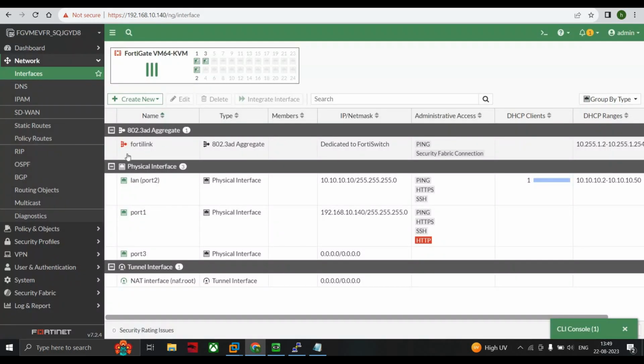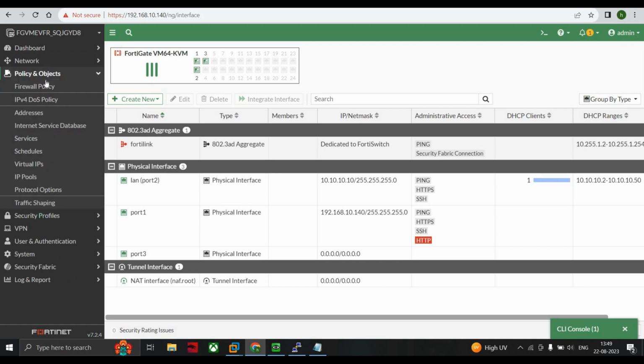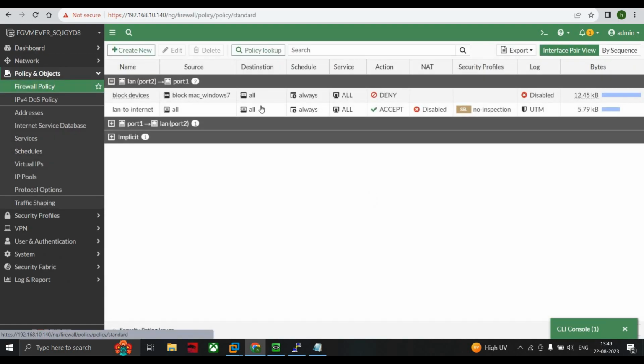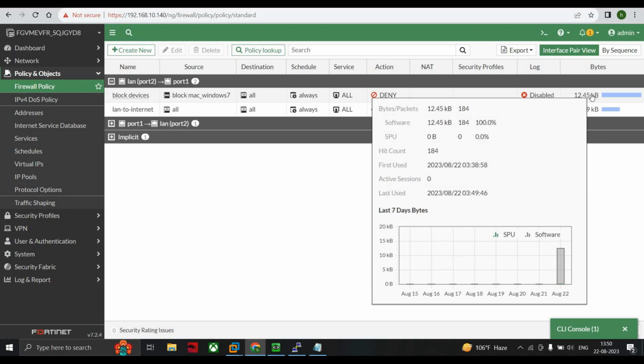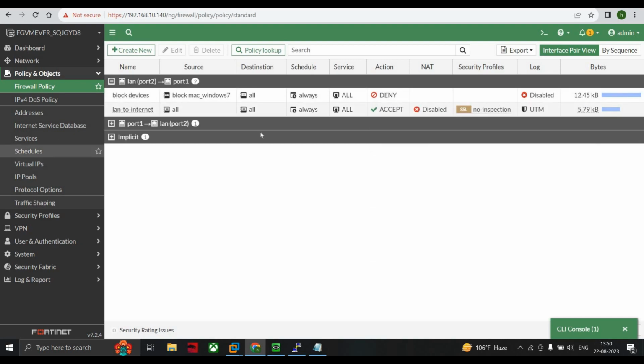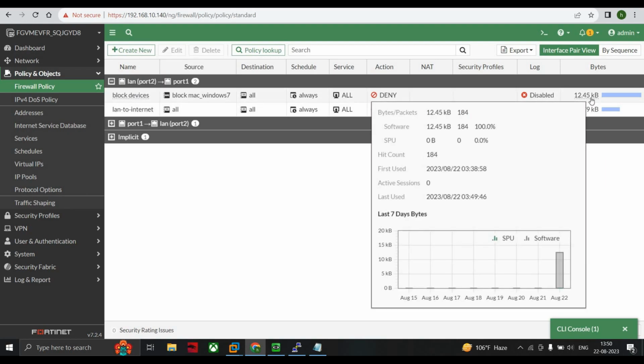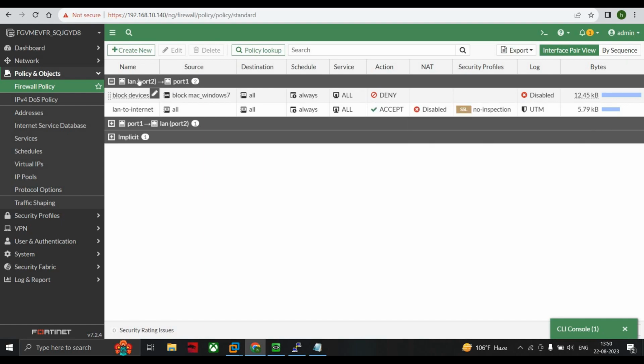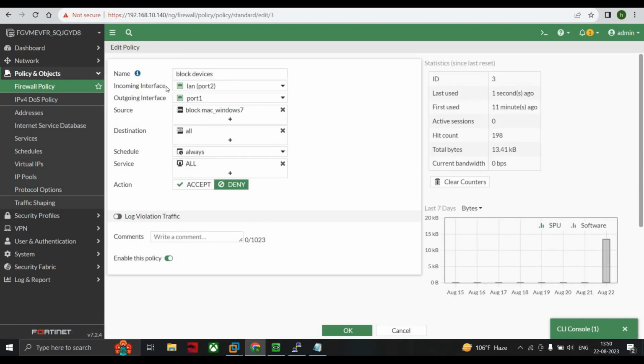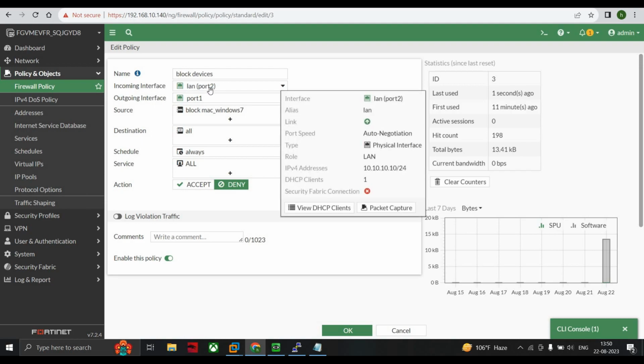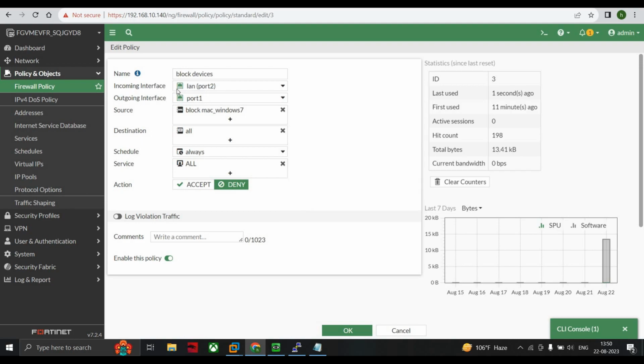Now we check the policy. We go to Policy & Objects, then Firewall Policy, and here we can see that bytes have been recorded too. So the ping traffic triggered that particular policy, due to which we got this number of bytes and packets. Now click on it, click on edit, and here you can see there is a policy for incoming traffic from port 2 to port 1. The source MAC address is